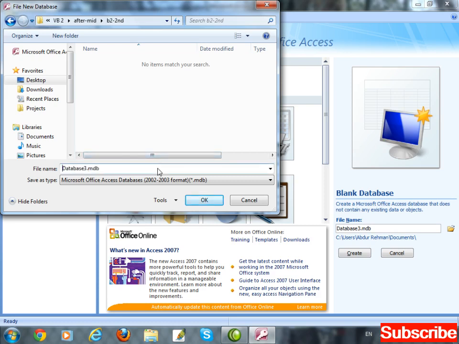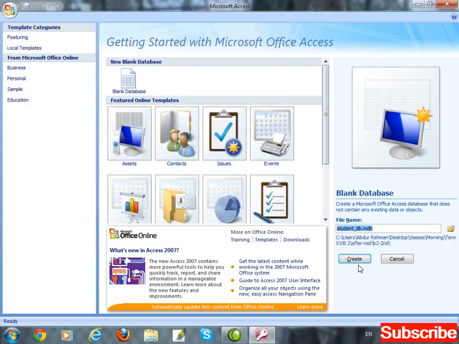Name of the database is student underscore db. Create.